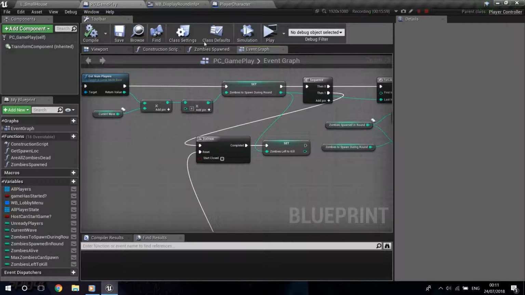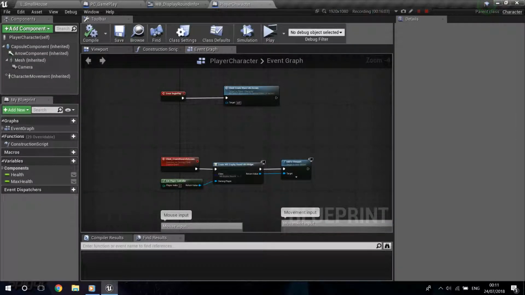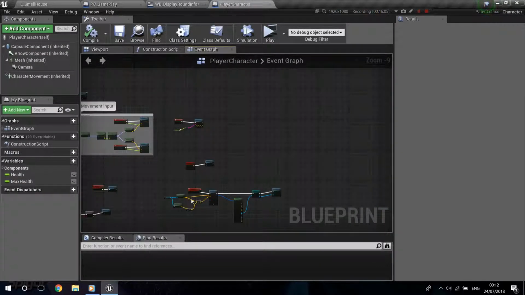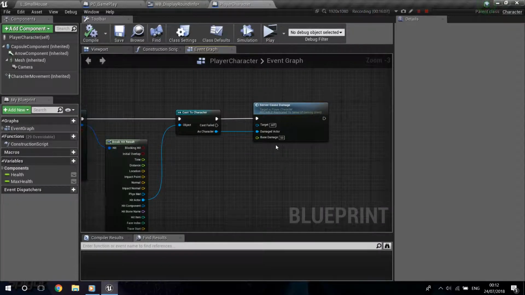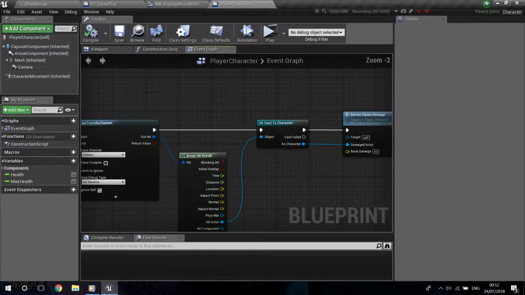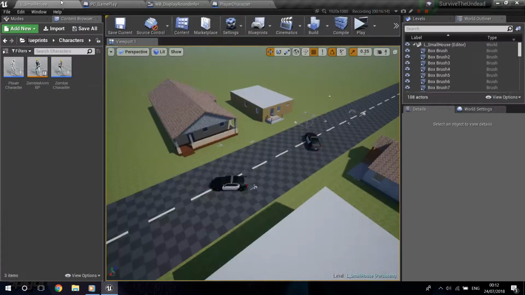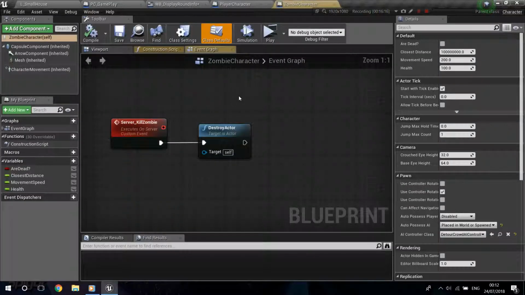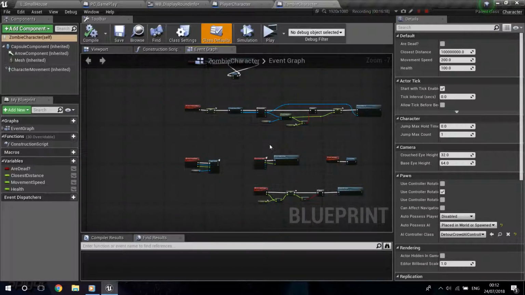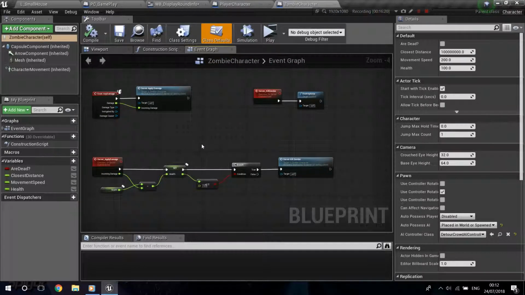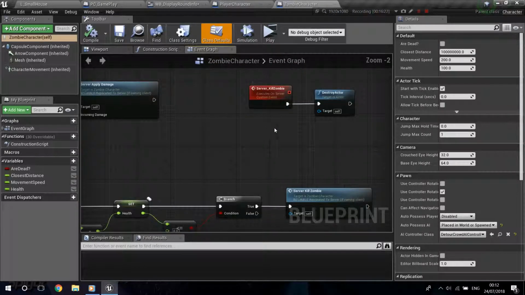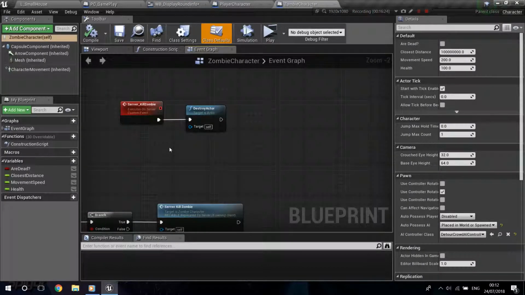And we want to, every time we kill a zombie, so we're probably gonna get this, and server cause damage. We're gonna apply the damage to the zombie, so I'm gonna need to go into the zombie character. So when I kill a zombie,